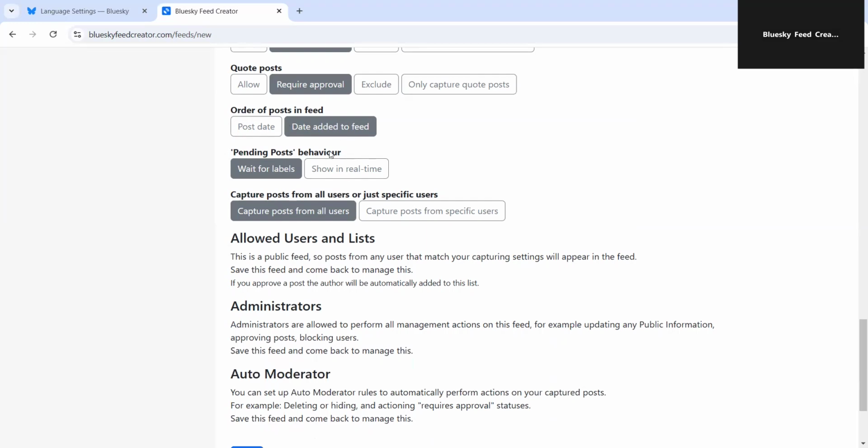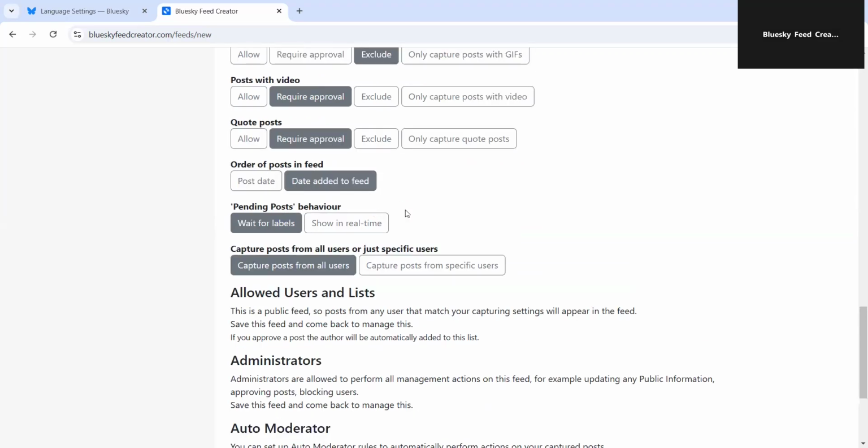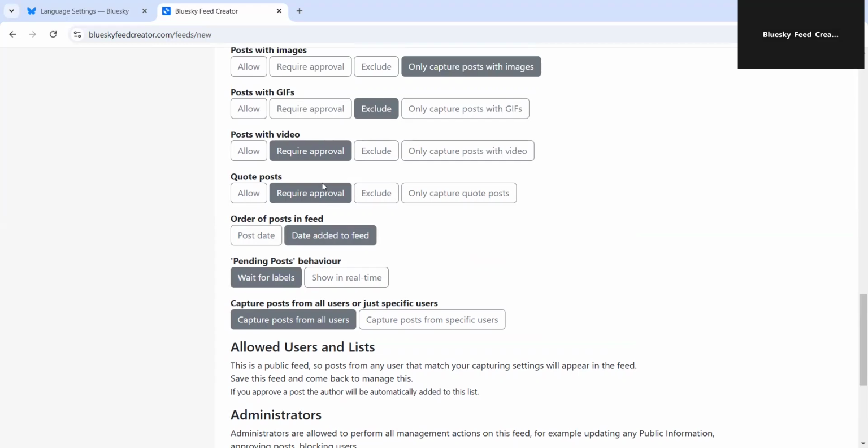For example, if you have a feed with a storyline, or if you are putting your own content into it and you want it to be in a particular order, then date added to feed is really helpful. And when posts require approval, like my video posts and quote posts are going to, then it's going to come into a manual approval queue. And once I approve them, then they will show up at the top of the feed